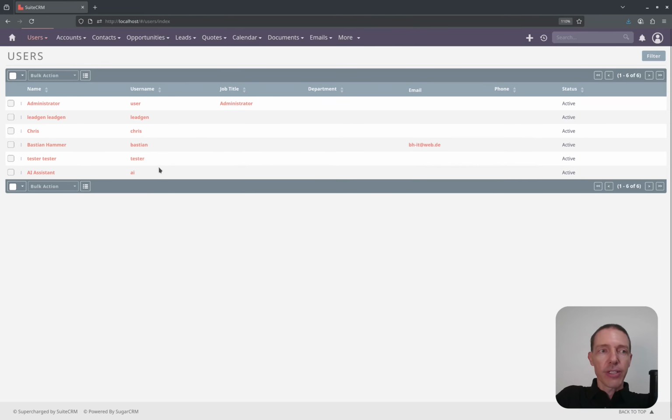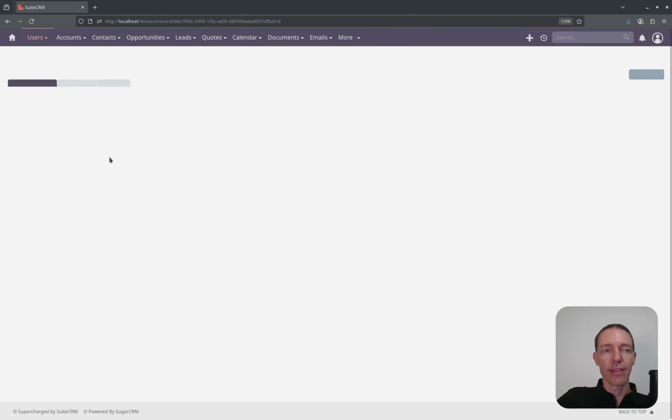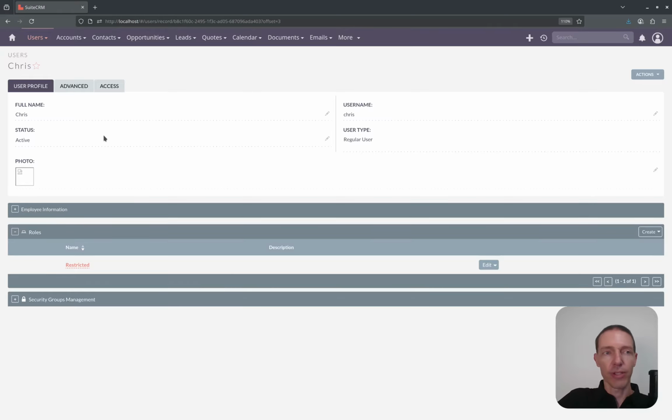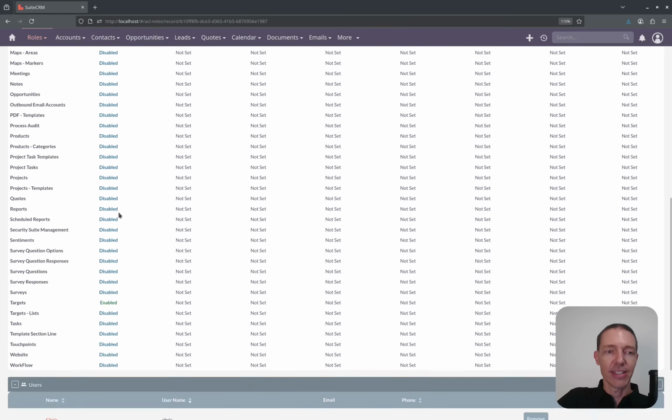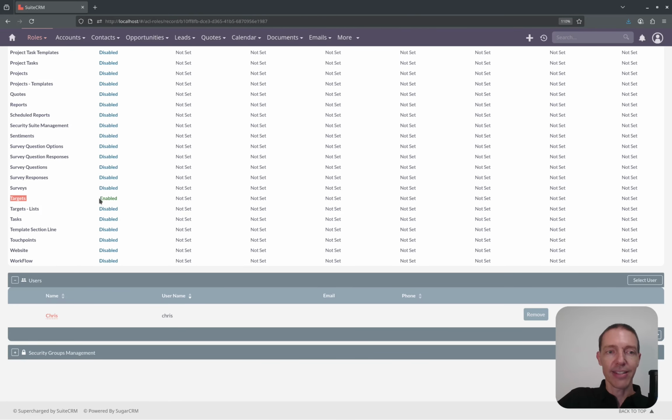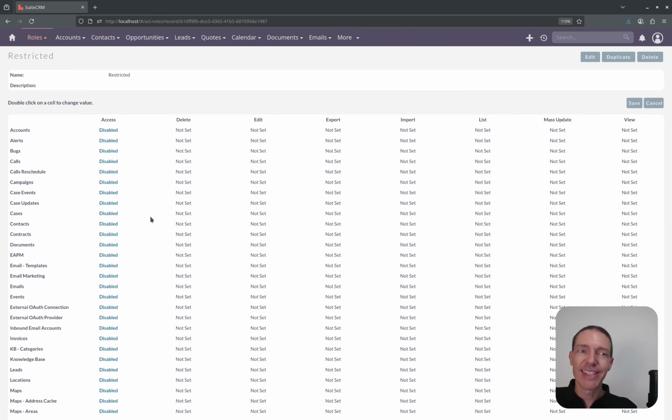So one possibility for this to happen is you've got maybe an intern or one specific user, and this user should only help with one specific task. So you created a special role for this user, and let's say the user should only be adding targets. So you've got targets enabled and everything else, very reasonably, disabled. The thing is, the alerts module is causing this issue because the alerts module will be triggered or called directly